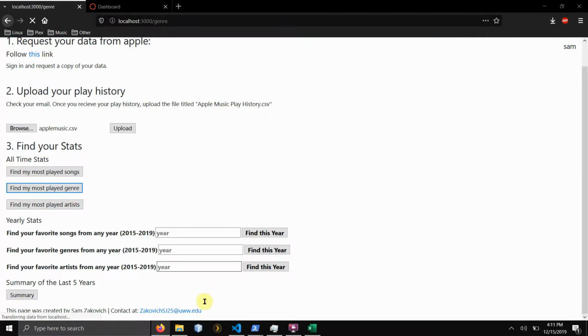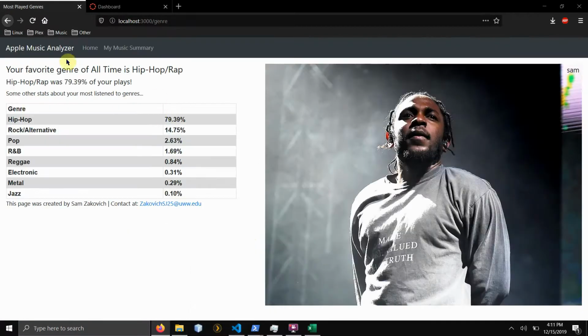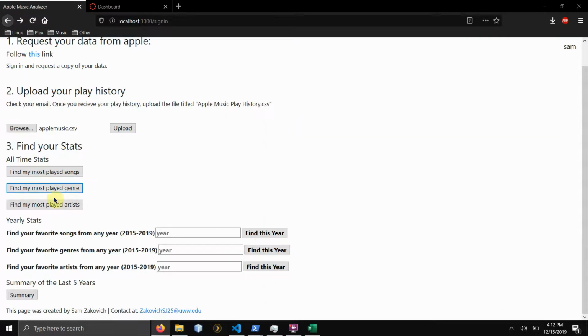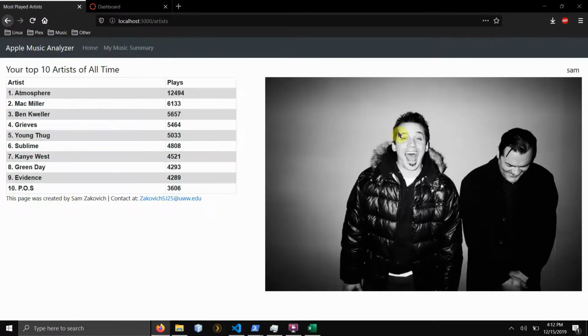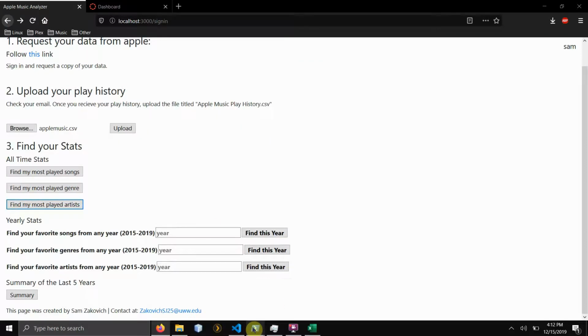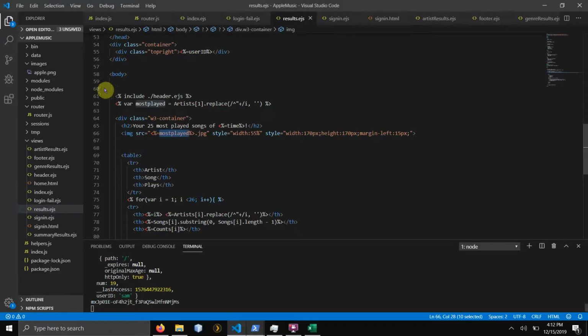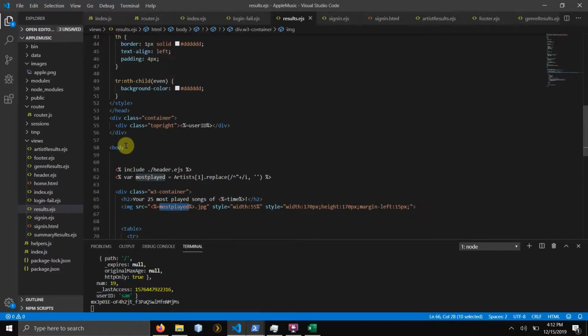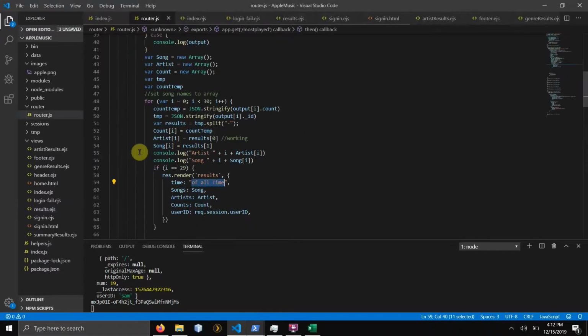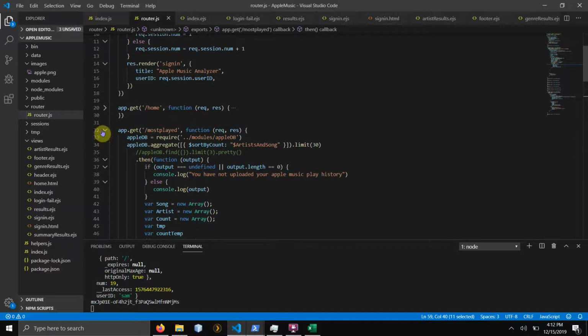Then you can do the same thing with genre. It tells you of all time, 79% of your music was hip hop. I just did an image of a popular rapper for the rap and hip hop genre. Most played artists, you can do the same thing. It's the same group there, so it's pulling in the same picture. And yeah, those are kind of similar, just the router searching for different things in the